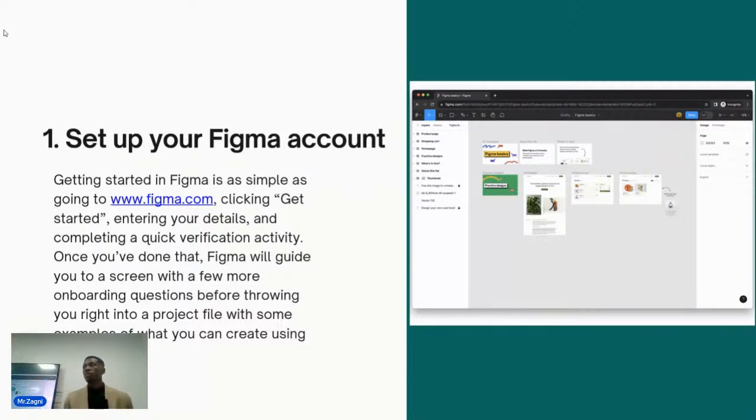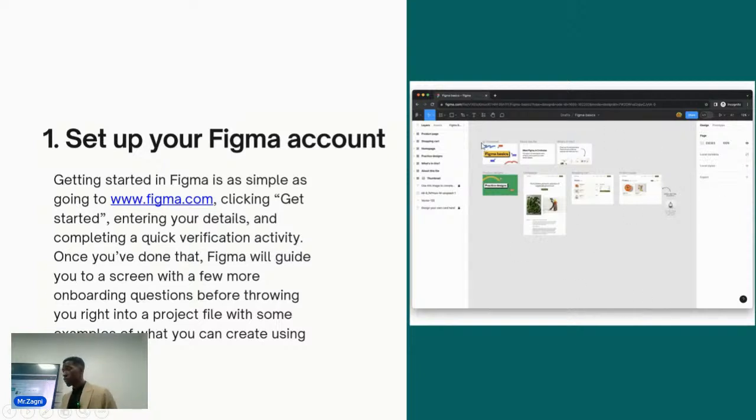I would have loved it to be a practical class so that you get to understand what we're doing here. So it will come up with a page like this. As I say, this is the onboarding page. It will show you about files, thumbnails and all this stuff. That's what you're going to be seeing